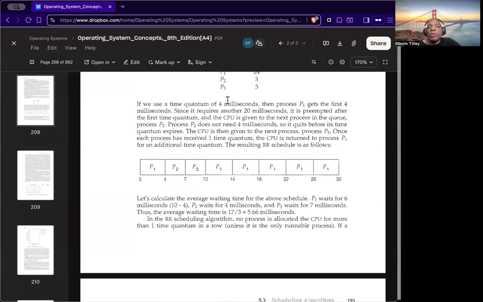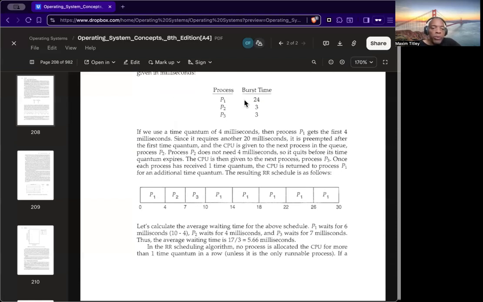So here we have the time slice of 4 seconds, and all of these processes are going to be worked on in a round robin way. So process one, remember its burst time is 24 seconds total. Come in here, 4, but now the remaining 20 are going to wait. We then go to process 2. We finish in 3 seconds. We go to process 3 and finish that in 3 seconds. And then we go back to process 1.